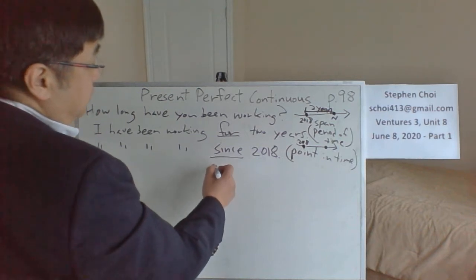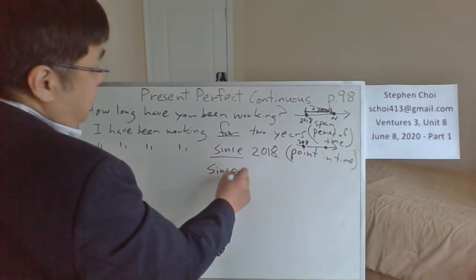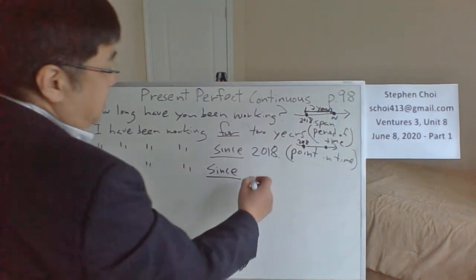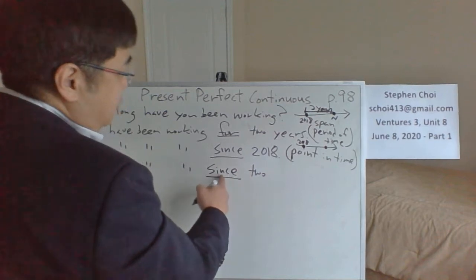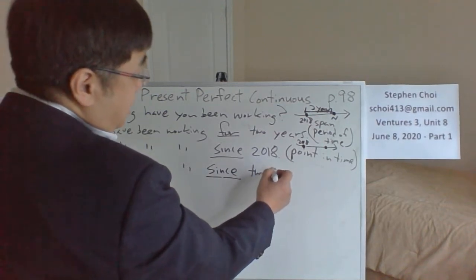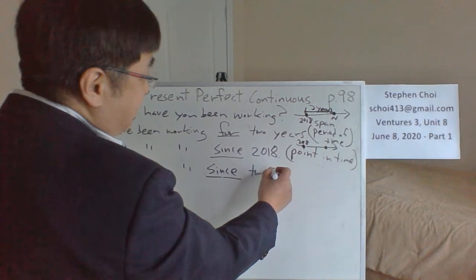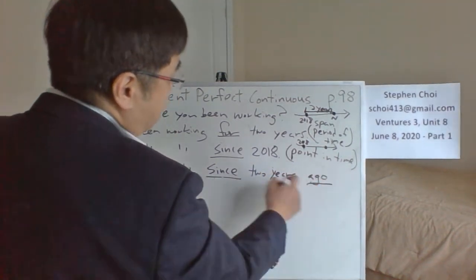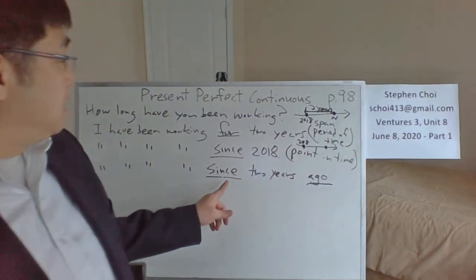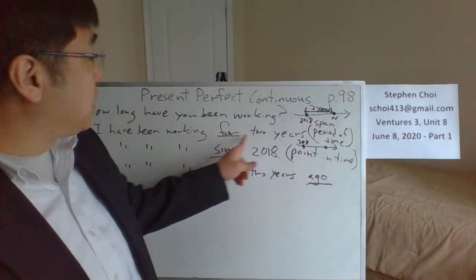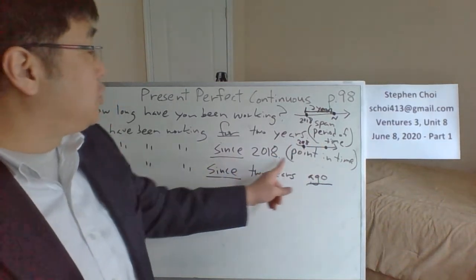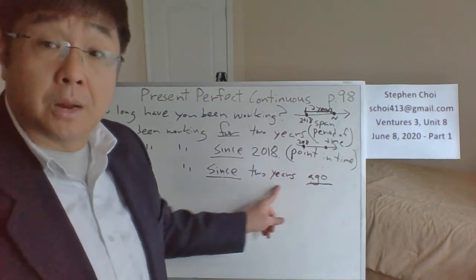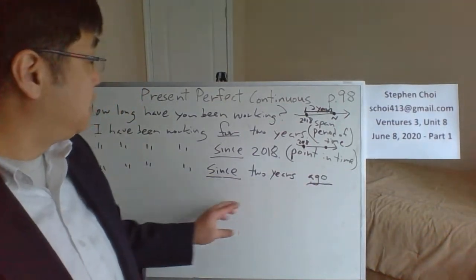You can do since what? I have been working since. How about you say this? Can you do since with this period of time? No, you can't, but you can if you use ago. Remember, we talked about ago in a previous video. For, you gotta just use span of time. Since, you gotta use a point in time. But when you put since plus ago, you gotta put a span of time, not point in time. Okay, so that's the difference.